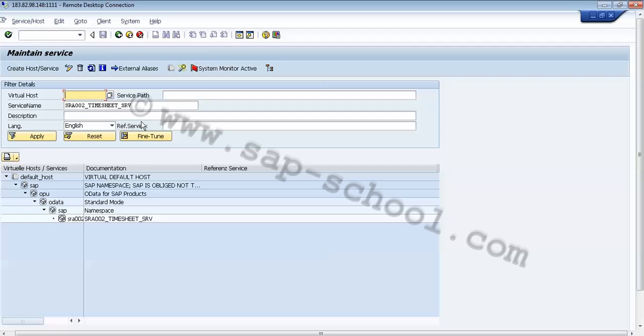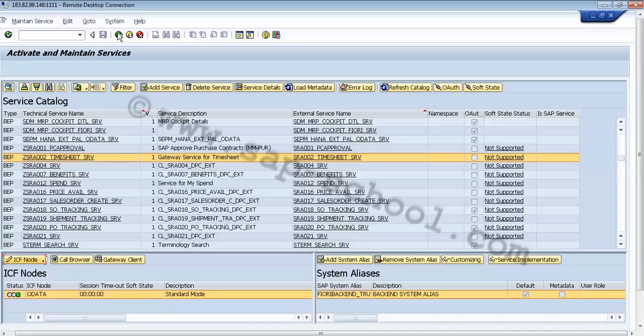Now I choose this green back arrow to return to the activate and maintain service screen. We can see the service implementation button here, so we can click on this service implementation.